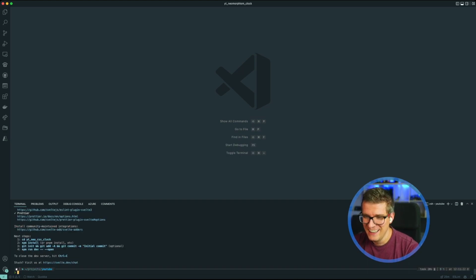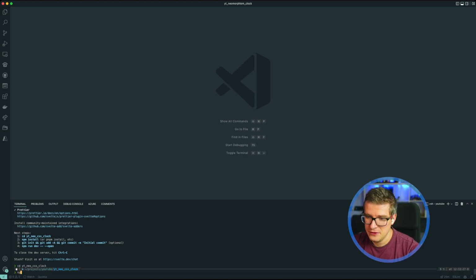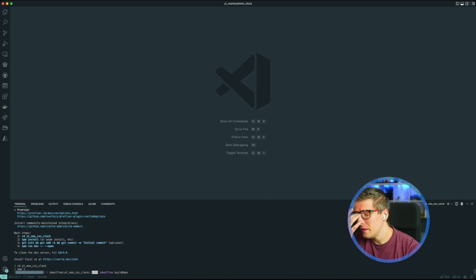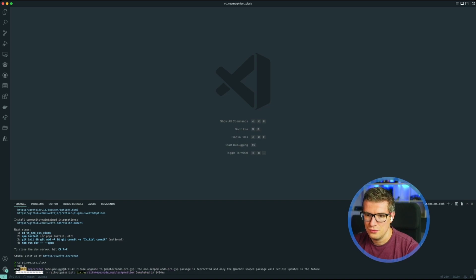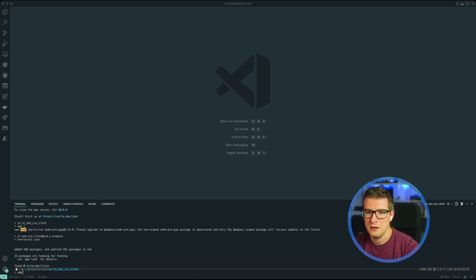Who does unit tests? No, kidding. Yeah, we enter the folder and install the dependencies. In the next move, we add Tailwind, of course. What we want to do, we install dev dependencies. We need tailwindcss. We need autoprefixer. We need postcss. And we need the svelte-preprocess package. So, okay, yeah. While it's installing,